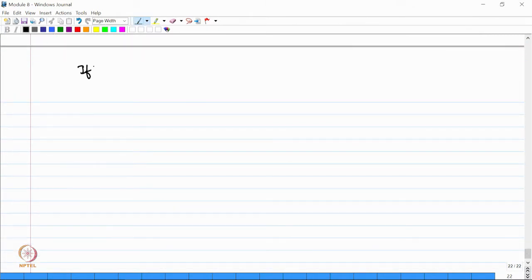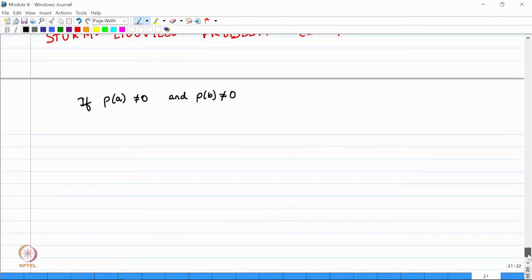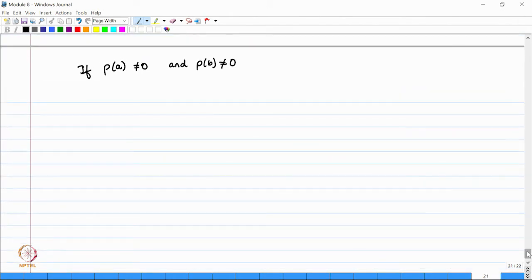If P of A is not equal to 0 and P of B is not equal to 0. Okay. So, we said that P of x has to be greater than or equal to 0. So, it cannot be negative, but it can be 0. But in case P of A and P of B are not equal to 0, then this is called a regular